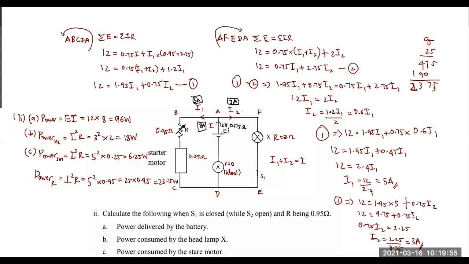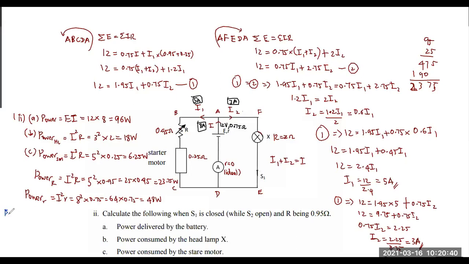In the internal resistance of the battery also some power will be lost. So you can say power dissipated in the internal resistance r is I squared r. So what is I squared now? Careful. Current going through that is 8 ampere. So you have to say 8 squared into 0.75. That is 64 into 0.75, and that will be 48 watt. Now, if you add all these things, you will get 96. Add 18 and 48 is 66. 66 plus 6.25 and 23.75, which is 30. So 66 plus 30, what is the total power dissipation? 96. Understood? Okay, this is what I was explaining all this time.